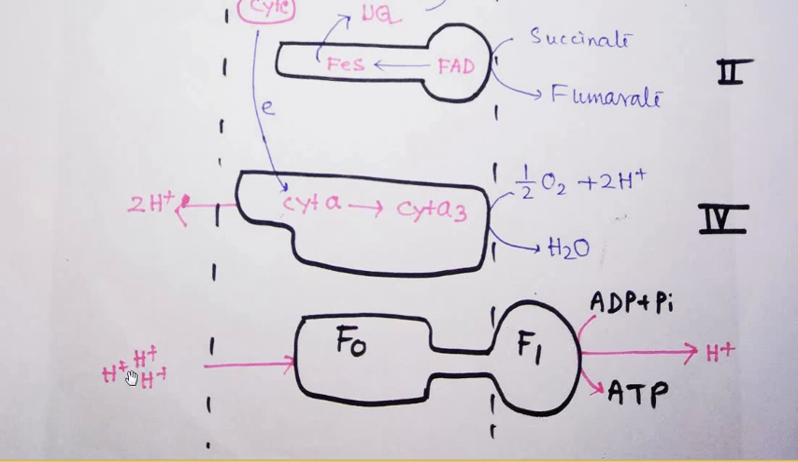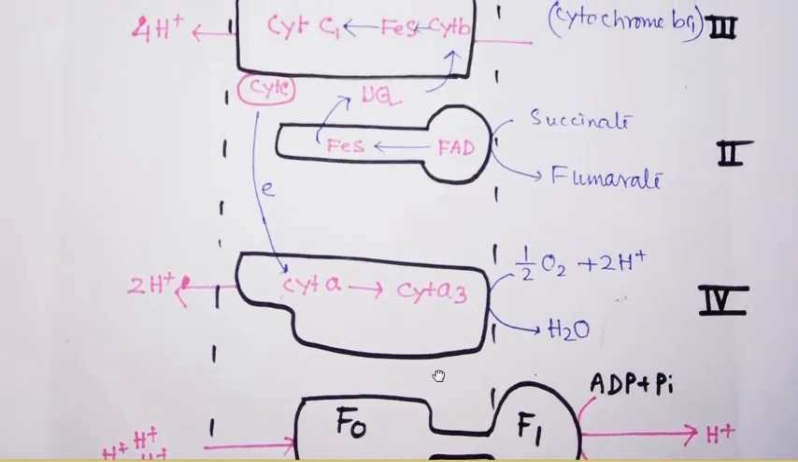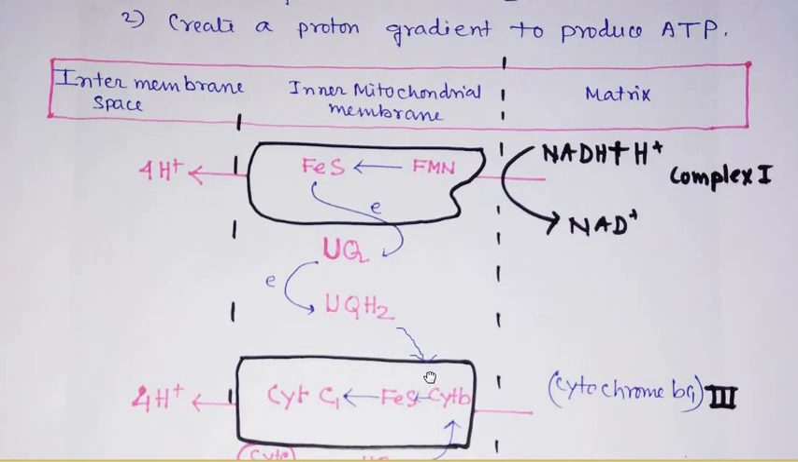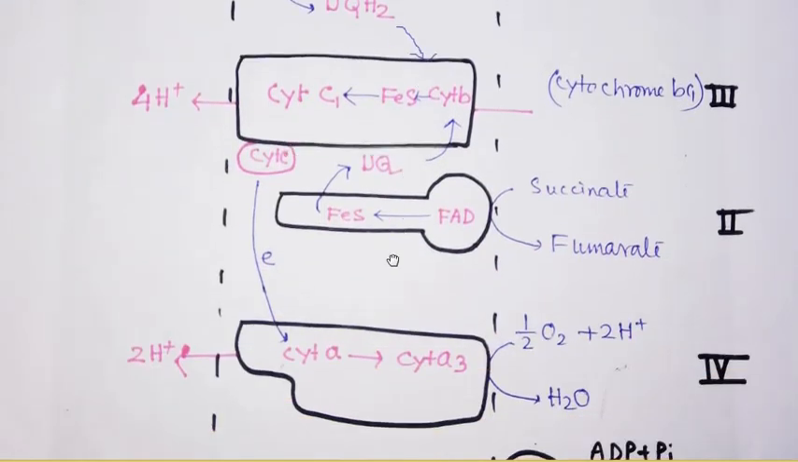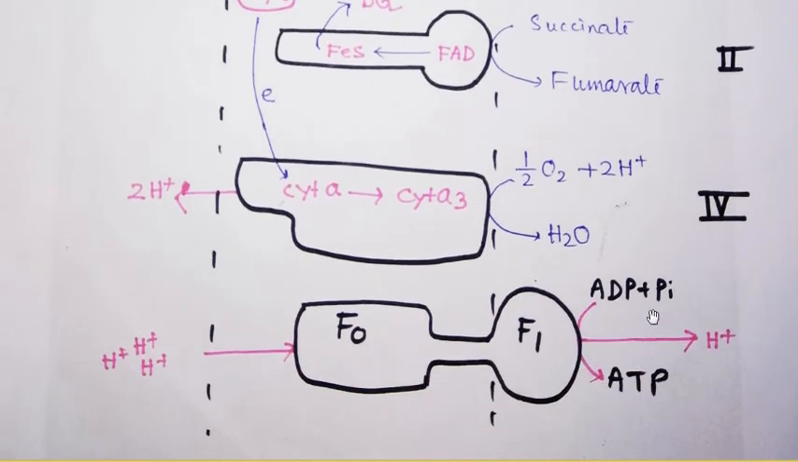During the transport of H plus ions from the outer chamber to the inner chamber through this ATPase enzyme, the F1 particle produces ATP with the help of ADP and inorganic phosphate. This is the electron transport chain, or ETS, and this is how the ATP is